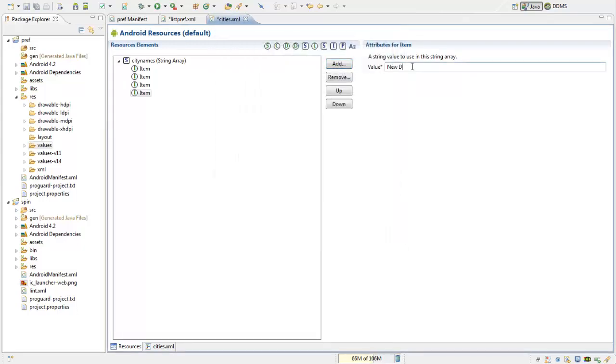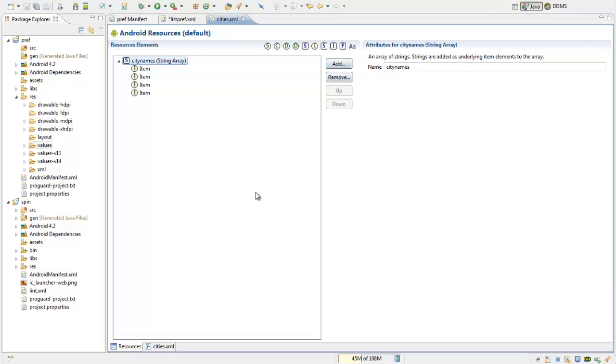So I have entered 4 names of 4 different cities in the city names array. Now why do we need these values? These are the values that will be shown in the list as the different choices to be selected by the user, and similarly we'll have another array which will represent the values of these names.